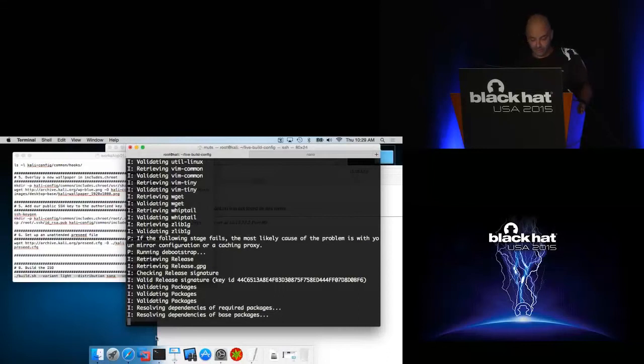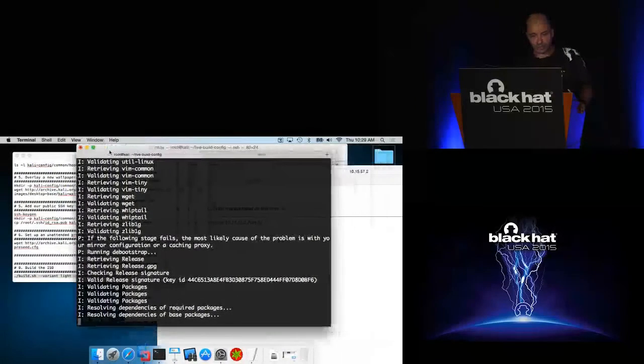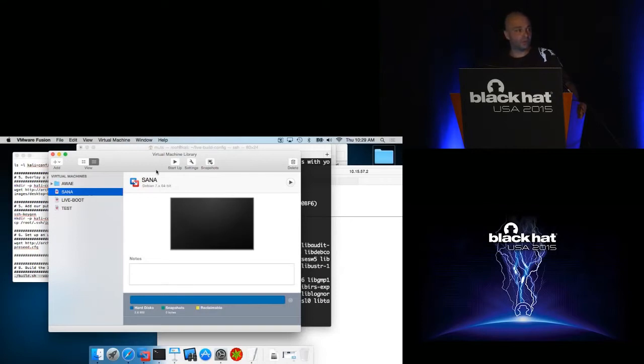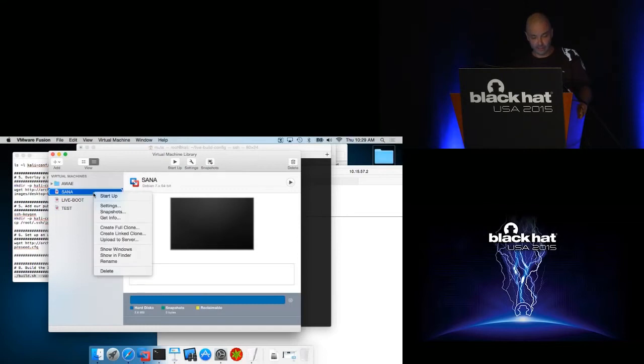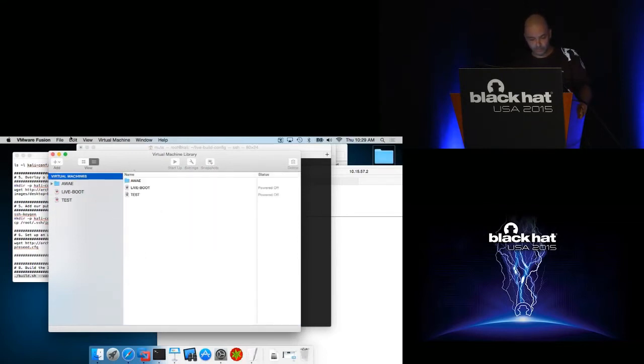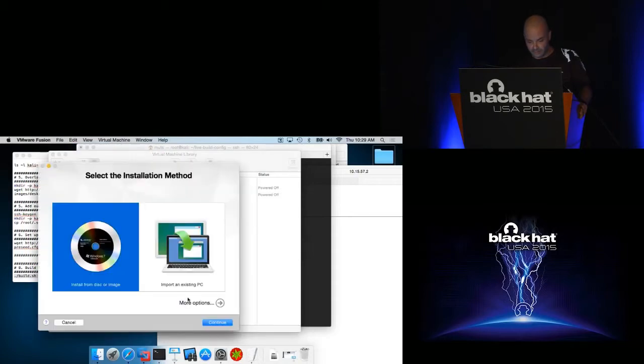As this is happening, of course, we've actually done this ahead of time. I'd like to take the opportunity to just leave my screen open and show you what this results in, the actual ISO that this results in. So if I delete this VM and I quickly recreate it,